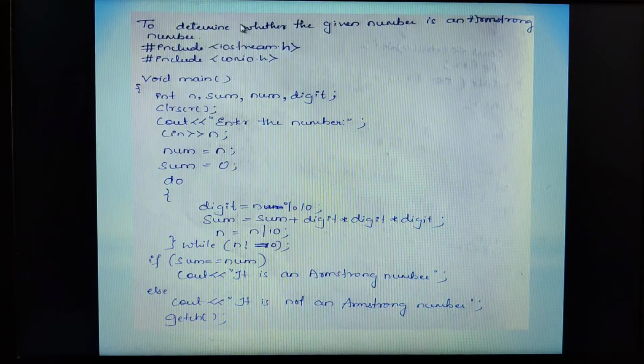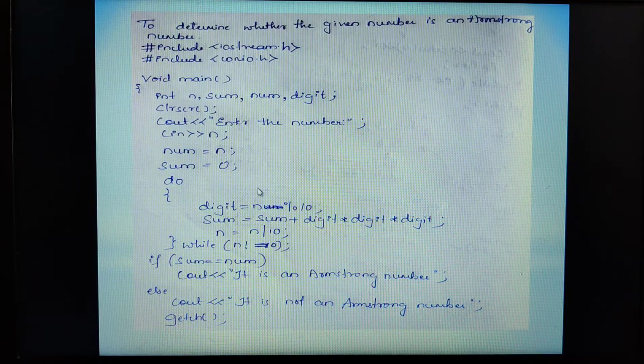Then, because they are asking you to find the Armstrong number by using a do while loop, first the set of statements will be executed, children. Am I right? So this is a structure, right? The general syntax: do followed by, remember these are all keywords and they should be written in lower case. So when it encounters the do, the control makes an entry into this particular loop, and suppose let me consider the entered number as 153.